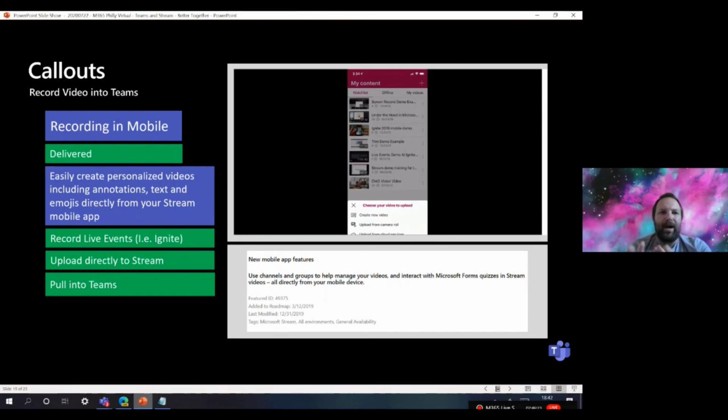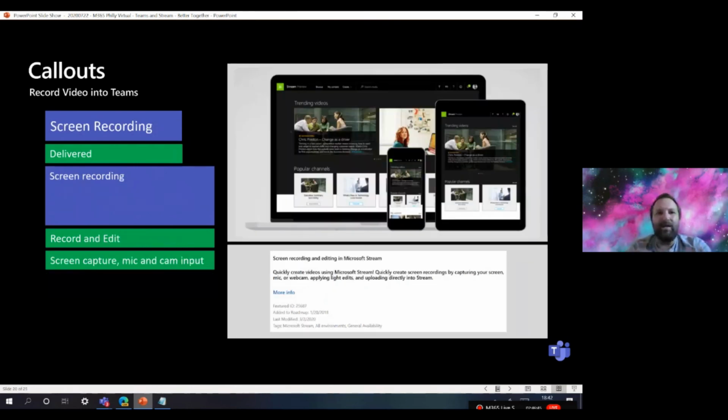You can create personalized videos with text and emoji from your Stream mobile apps, which means that you can record live events, you can record when you're on the go. When you record, this will upload directly into Stream, which you can then pull into Teams with the methods shown earlier.